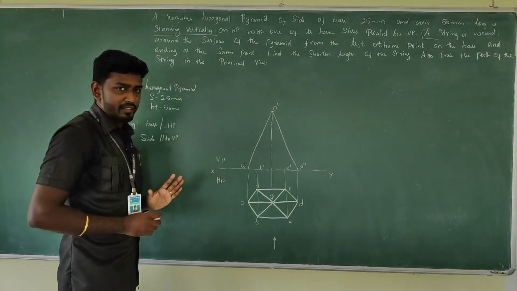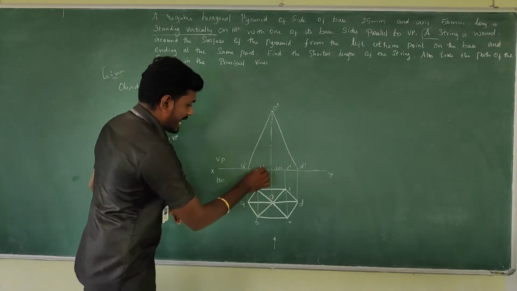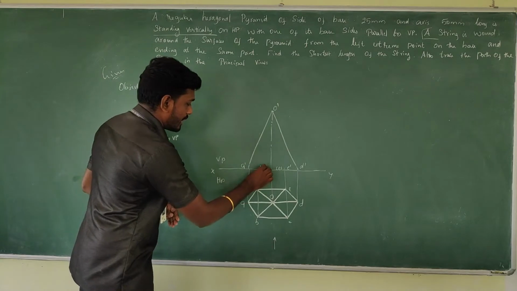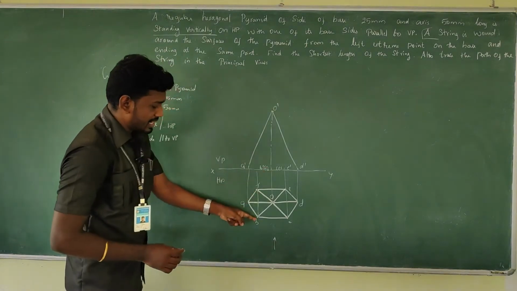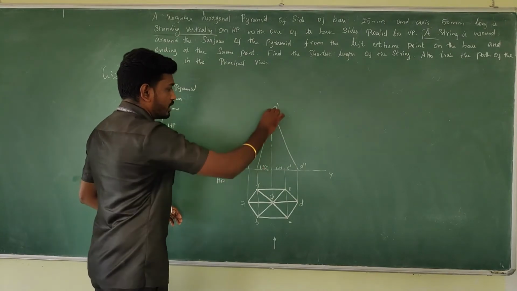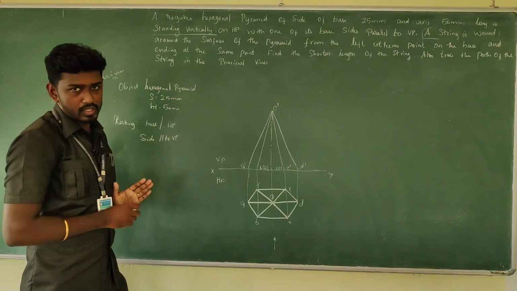E and F will be invisible, right? E will be invisible nearby C, and F will be invisible behind B. And nearby F we need to mark it, since it is lying behind B. And there is a connection between O to B, that also we need to do. Here as well we have a connection, do that also.